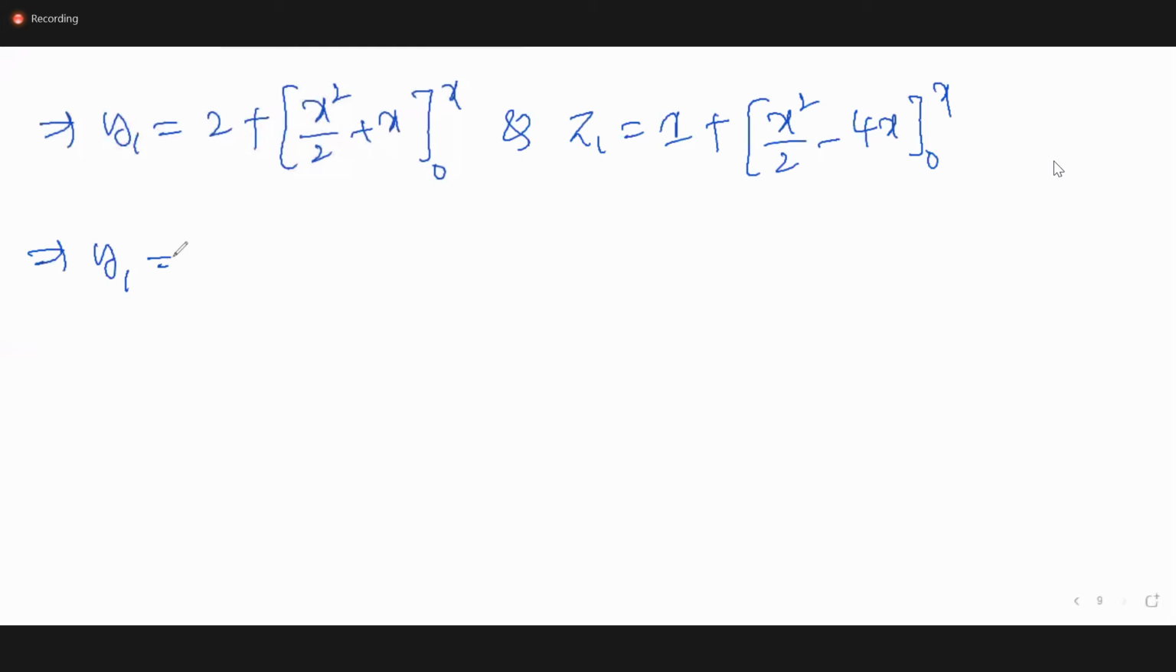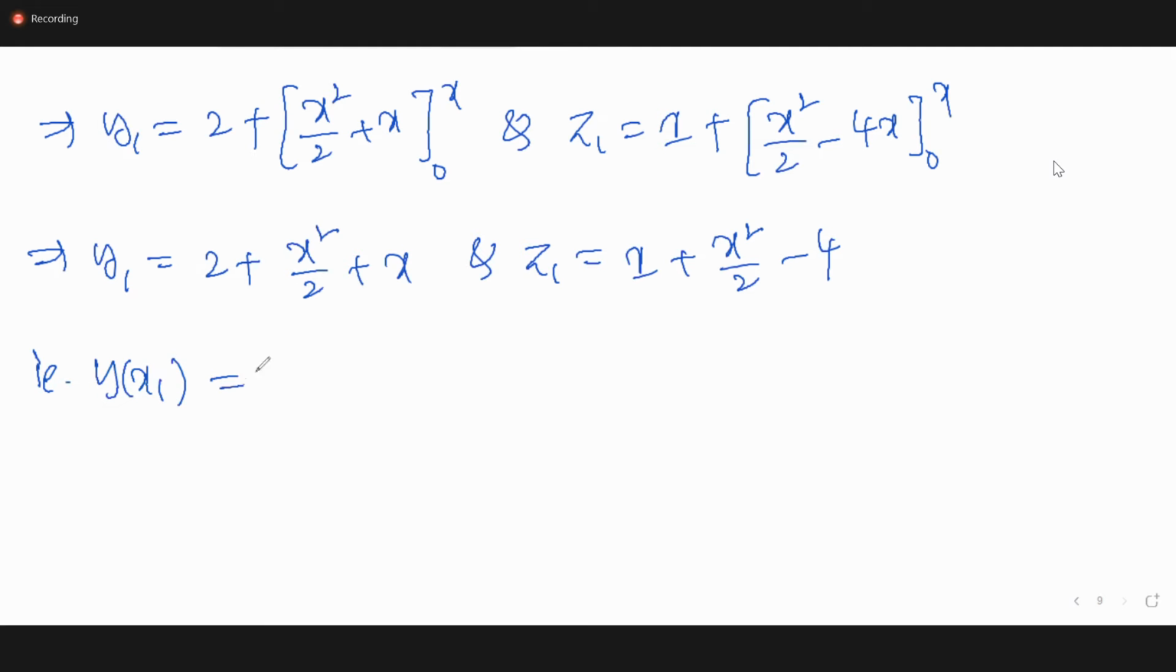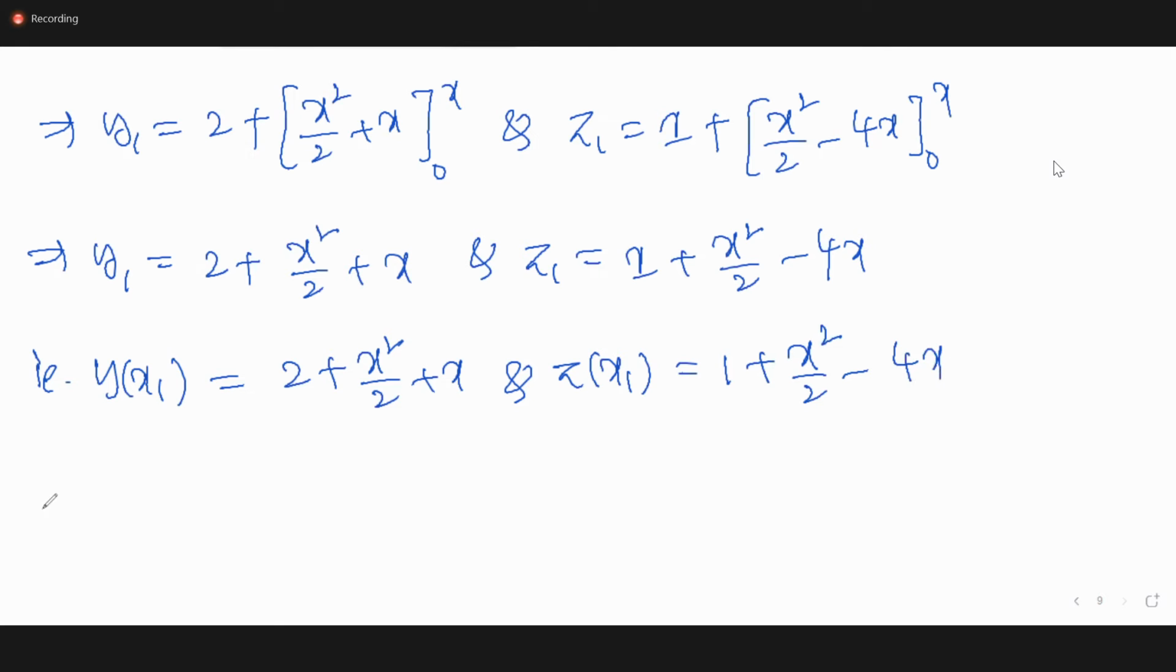So y1 is equal to 2 plus x square by 2 plus x, and z1 is equal to 1 plus x square by 2 minus 4. That is, y1 means y of x1 is equal to 2 plus x square by 2 plus x, and z1 means z of x1 is equal to 1 plus x square by 2 minus 4x, such that